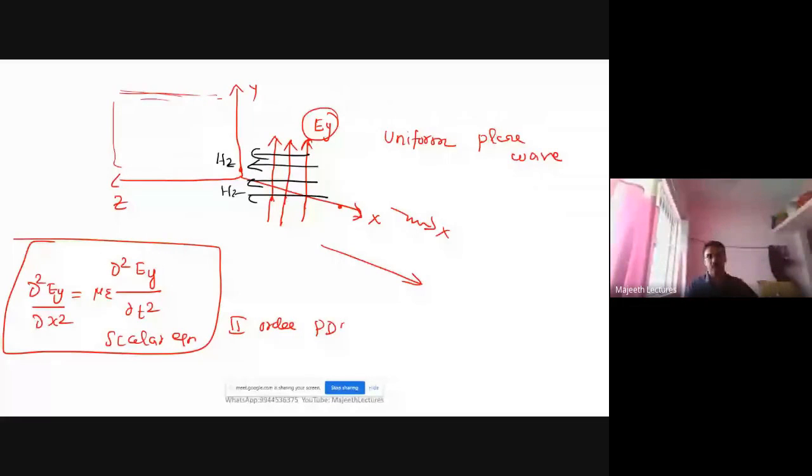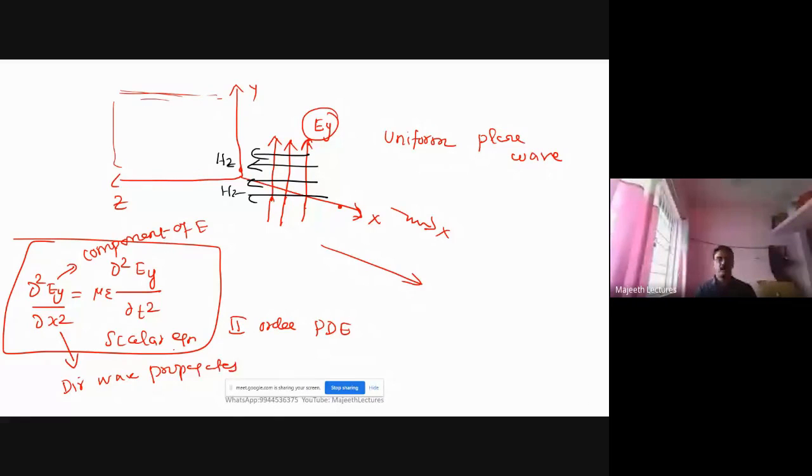That's why we study partial differential equations in second semester, to solve these types of problems. So you see, the numerator gives what is the component of electric field. So it is Y component. The denominator gives in which direction the wave propagates. This question they have asked in the GATE exam. I will show that. This is very, very important.